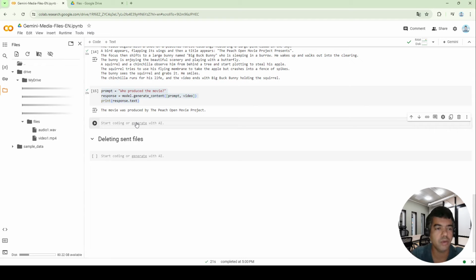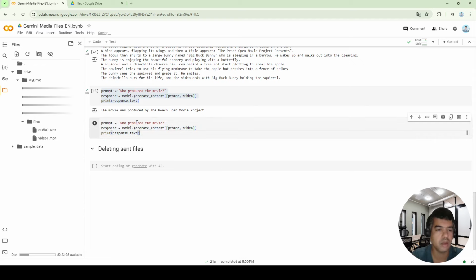Another example we can try is, change prompt to at what moment does the rabbit check if the spear is sharp with its finger.